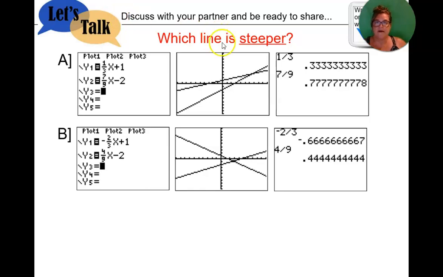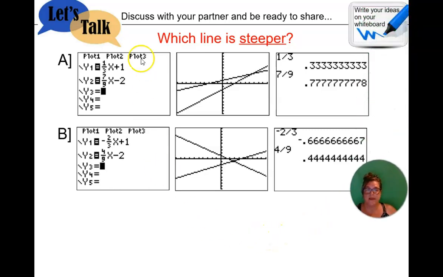So when we're thinking about the steepness of a line and we want to compare two lines to see which one is steeper. In slope-intercept form, we have 1/3 x plus 1 and 7/9 x minus 2. If you can tell from these fractions which of those fractions is the larger in magnitude, that would be the line that is steeper. But sometimes we have difficulty visualizing those fractions to figure out is 1/3 bigger or smaller